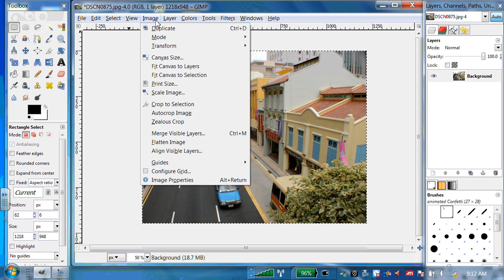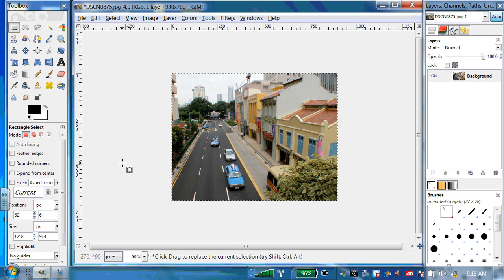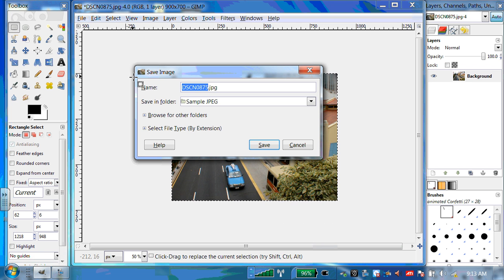So we're going to go to Image, and we're going to Image Size. And we want to change it out of pixels into inches. And we're going to just make this image, say, a 3 by 3. We're only changing one of the width, and the height automatically changes. We're going to rescale, and we're going to go File, Save As, and I'll call this